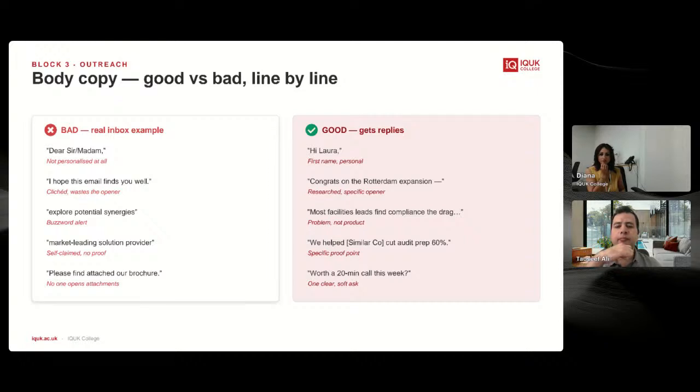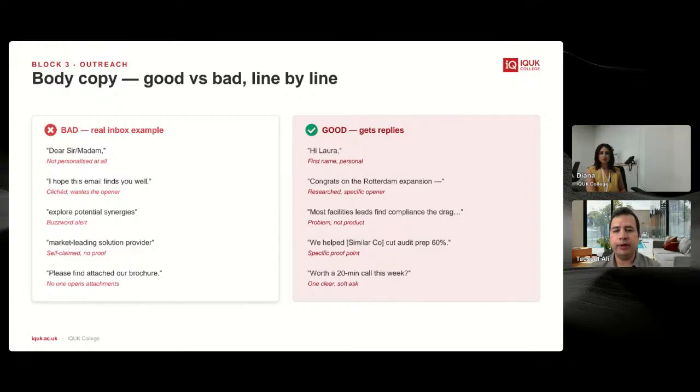Then we got a few examples of the body of the email, the good ones and the bad ones. Sorry, one example of a good email, a bad email. So, dear sir, madam, never start with that thing. People don't like it anymore. Dear sir, madam, very not personalized at all, and also cliche, very traditional, but most people don't like it. So, if you don't have any name, start with a simple hi, unless you are writing to some government offices, some very formal, large organizations. Otherwise, in most cases, stick to the first name if you got it.